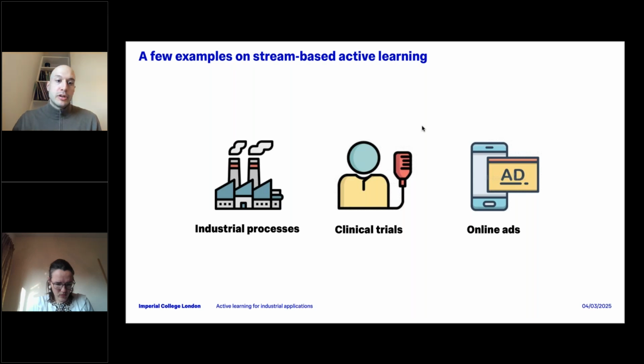In clinical trials, we might have volunteers coming up to test a drug, and we need to decide in the very moment whether we want to include that person in the study, or wait until another person, maybe somebody older, shows up and volunteers to test a drug.